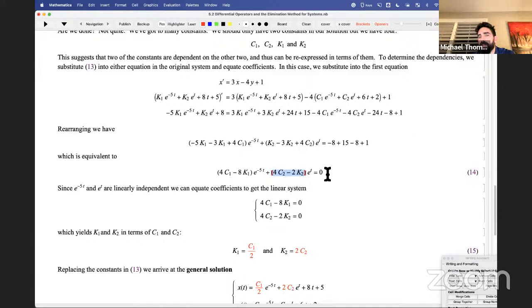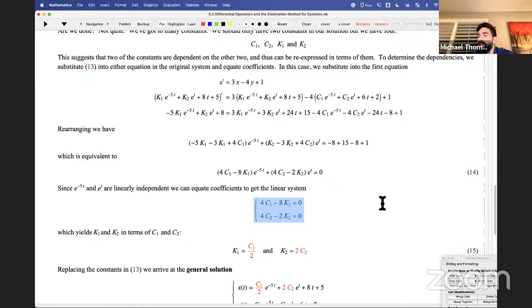And that's because that's the coefficient on the right, right? So I have to equate that 0 with this guy. And then same thing with the negative 5t. So this is going to yield this system in